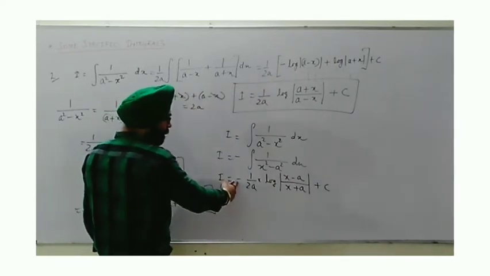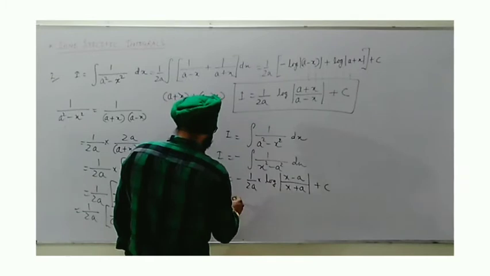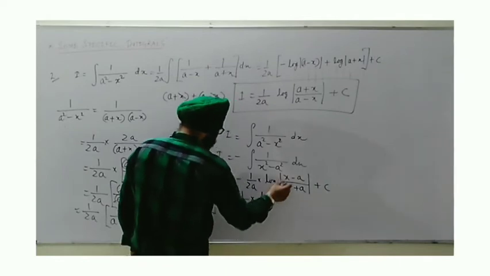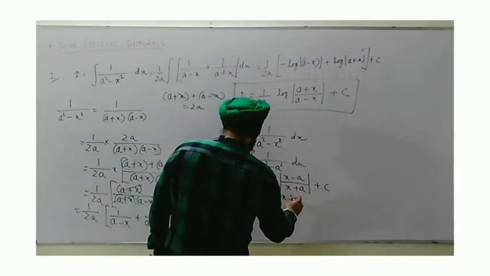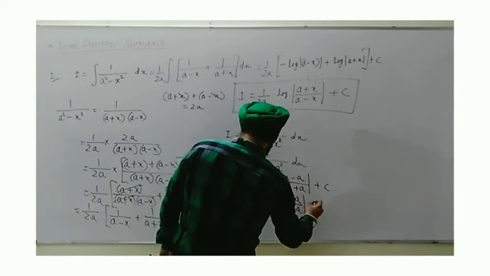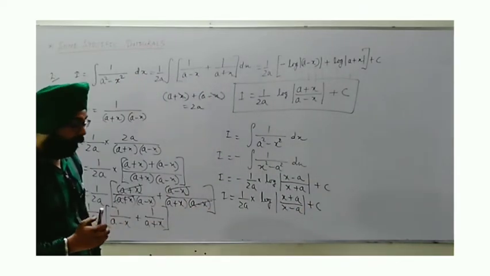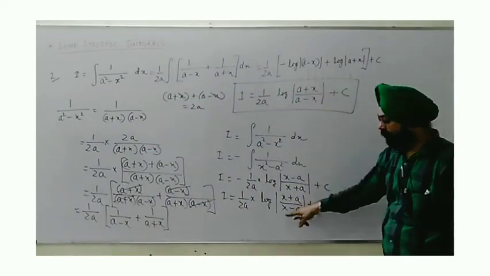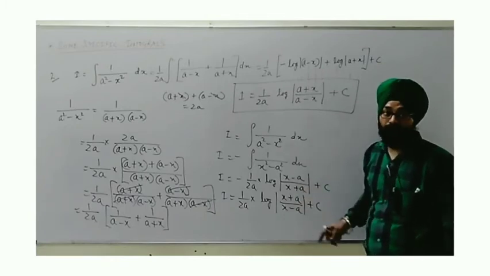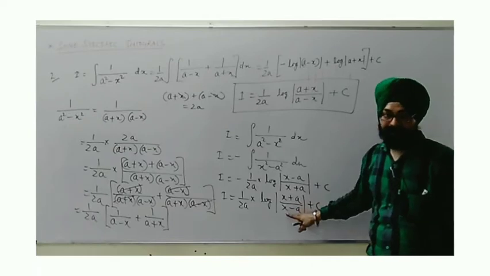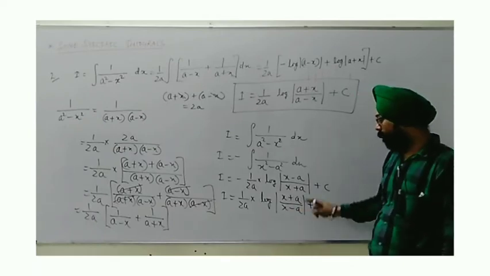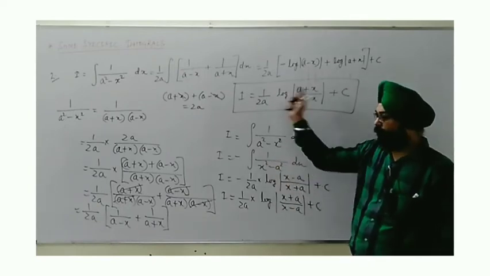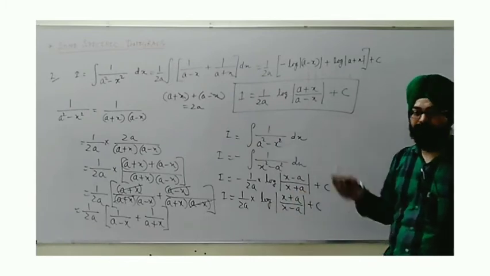Now if I take this minus sign with log, by the properties of log, the fraction in the mod will be reversed, that will be written in inverted form. So we will have x plus a upon x minus a mod plus c. Okay, everything is okay. Now let me check, as we are taking mod, it doesn't matter if I am writing this as x minus a or a minus x. Because of mod the sign will be adjusted. So I hope you have got it. This was just an option. Suppose you don't understand the method, you can pick this one with the help of the previous one.